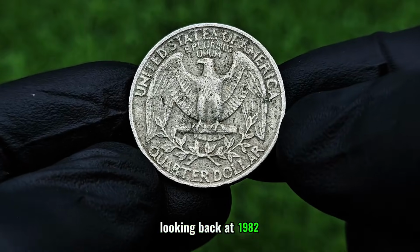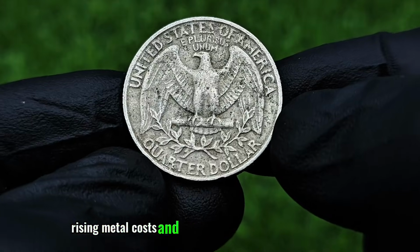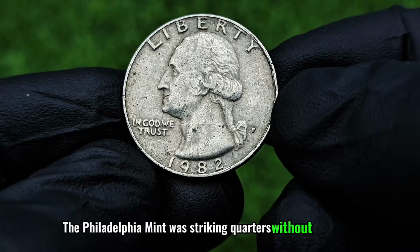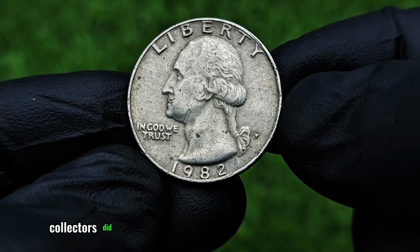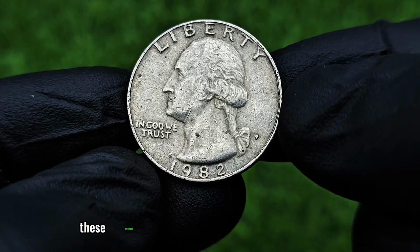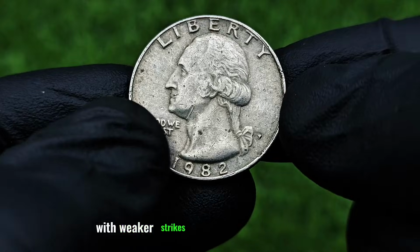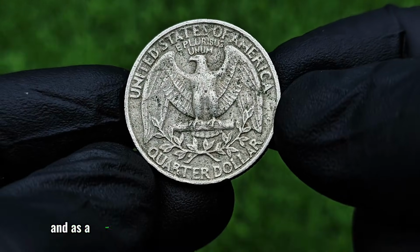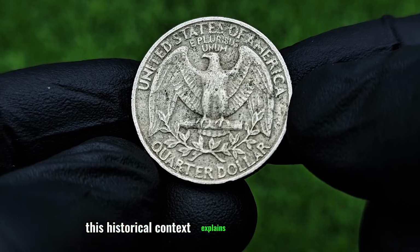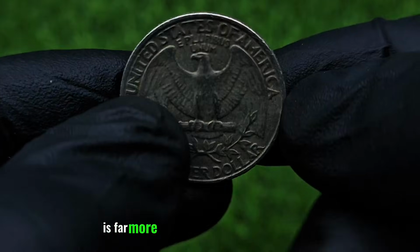Looking back at 1982, the United States was dealing with economic pressure, rising metal costs, and major changes in minting practices. The Philadelphia Mint was striking quarters without mint sets that year, meaning collectors did not have an easy way to obtain high-quality examples directly from the mint. These quarters were produced primarily for circulation, often rushed into commerce with weaker strikes and lower-quality planchets, and as a result most were quickly worn down through everyday use. This historical context explains why finding a 1982 P quarter in top condition today is far more difficult than many